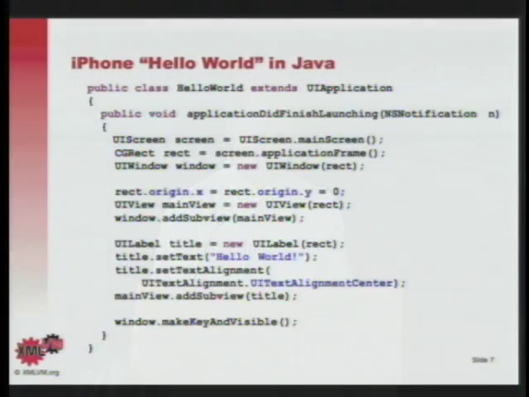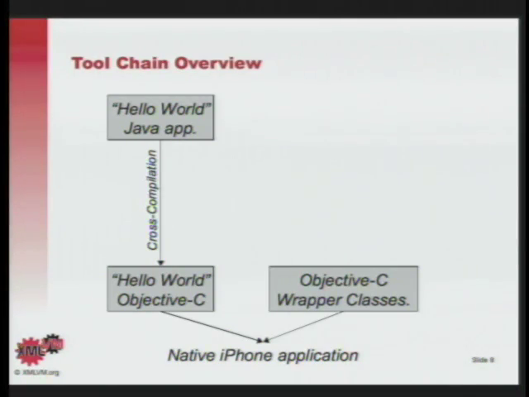We are using constructors a little bit more the way they are supposed to in Java. It's also a little bit different the way it's done in Objective-C. So if you take a look at this slide here now, if you take this Java source code here, then basically what happens in our tool chain is that we cross-compile this Java source code over to Objective-C source code. And how we do that, I will explain on the next few slides.